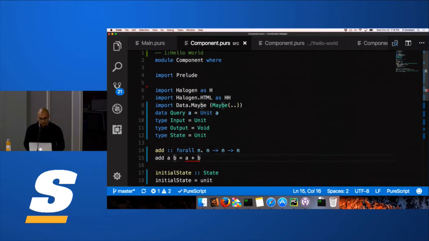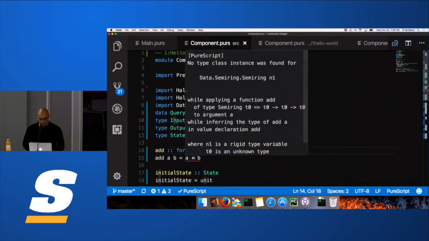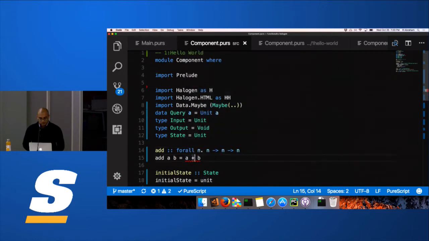So this will say for all n, I'm saying this works, but this will say plus is not defined for all n. So it could be some type which does not define a plus operation. So I think how I could do this is, I actually don't know what the right type is, but I could say,